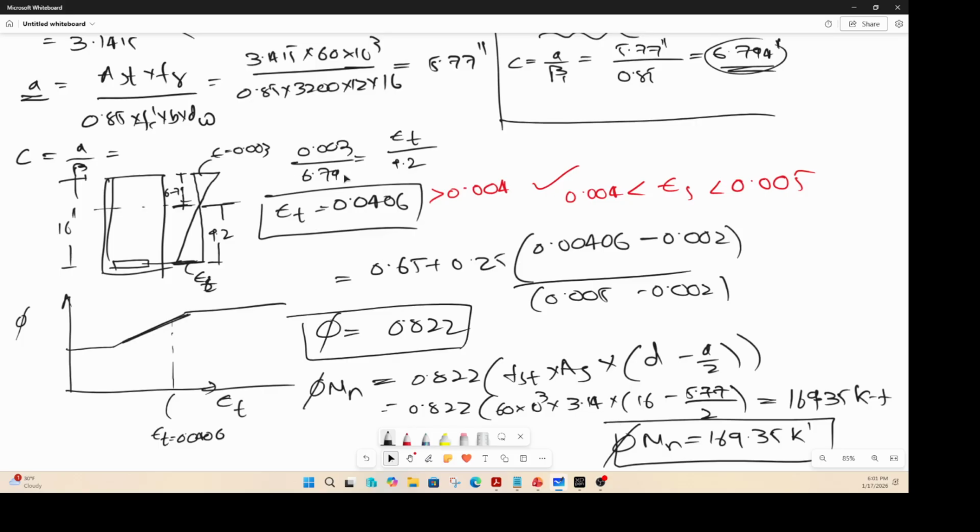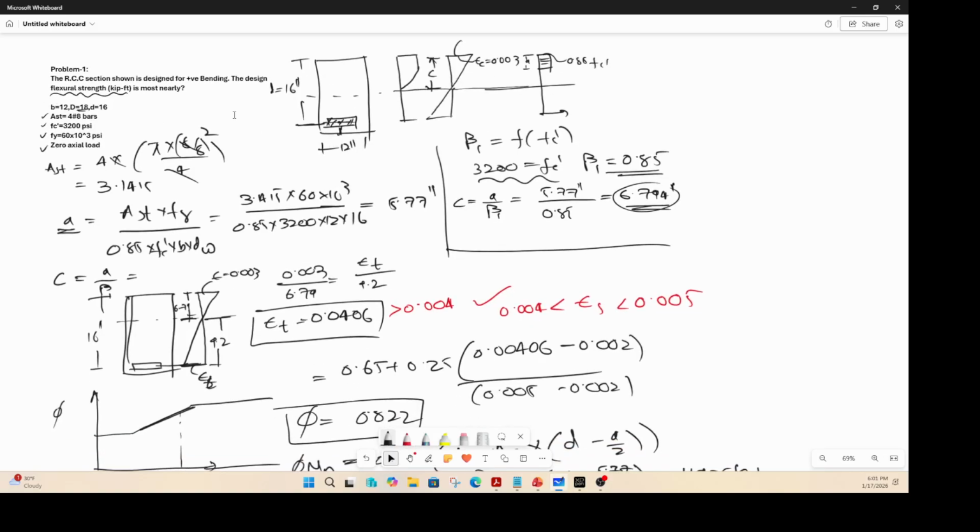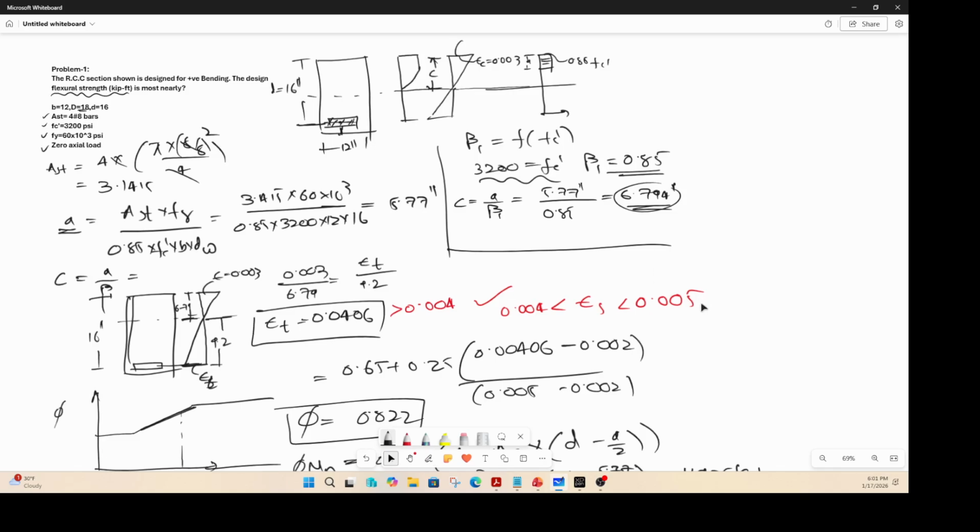Okay, a lot of calculation to do, but once you read the question and find your area of steel and start drawing all these sketches, the most important thing is to calculate your beta and not mix your C value with your A value. A value is not the depth of the neutral axis. This is based on compression and tension, right? You equate the compression to tension and calculate your A value, and from the A value divided by beta you calculate your C value. From the C value, you use the properties of similar triangles to calculate your strain